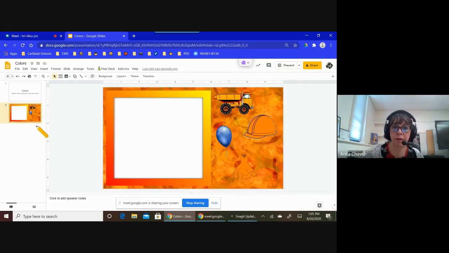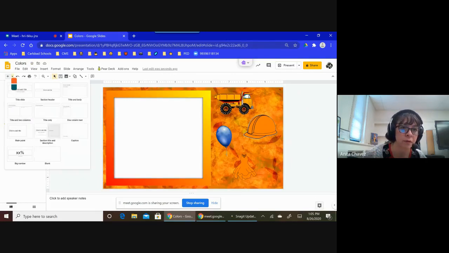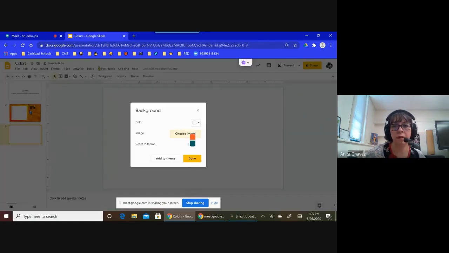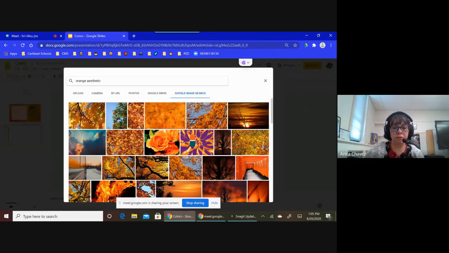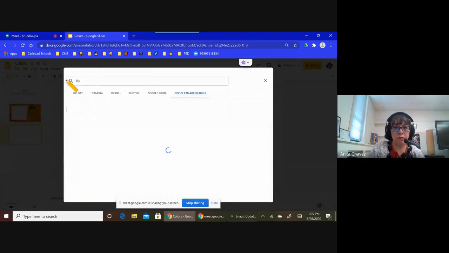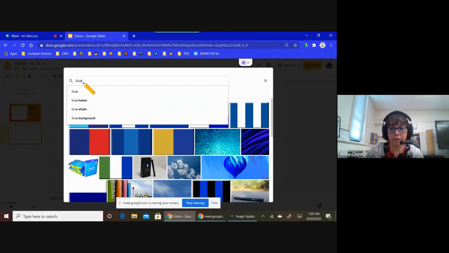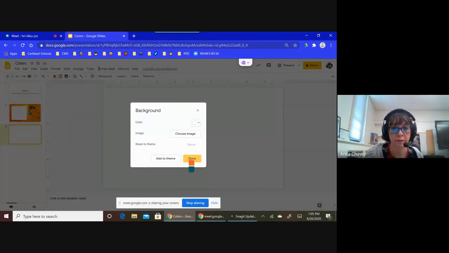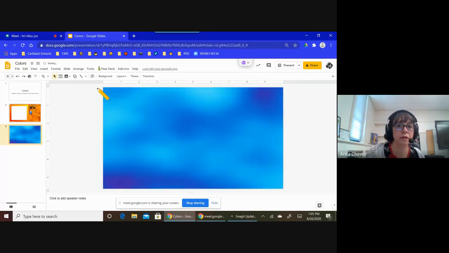And I can keep going. I can keep putting different slides with different colors. I'm going to go ahead and put one more. And let's do blue. Oops, I can't spell blue. I still found it. So I put blue. And I'm just going to leave that, but I would do the same thing. I'd put something for my students to work on, and then put the objects.